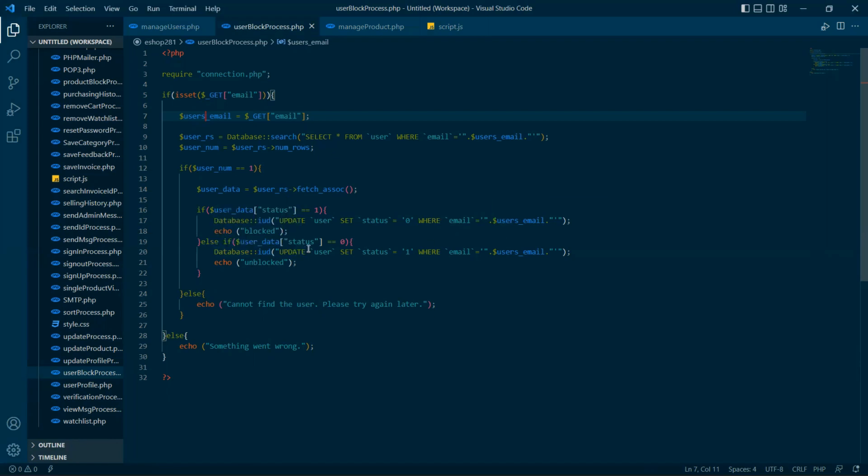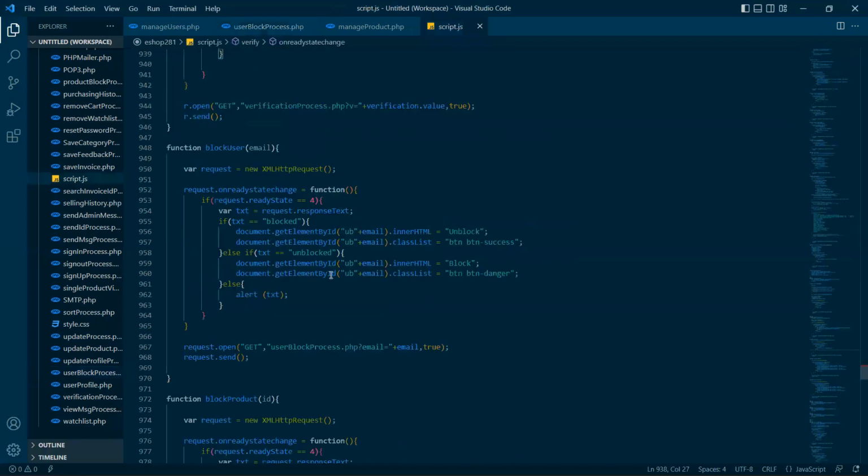If not, it means the status is equal to 0. Then I will update the user table by assigning 1 to the status where the email is equal to $user email and display unblock and here block. This is the way how I create the process part of the user manage page, and after that, by using this request ready state,